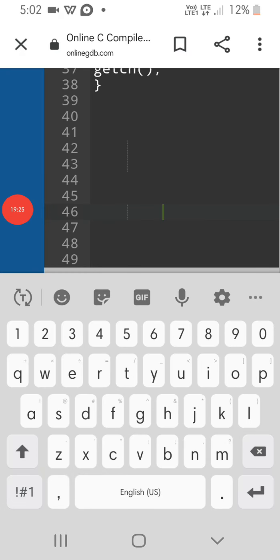Now it asked to enter matrix elements: 1, enter, 2, enter, 3, enter, 4, enter, 5, enter, 6.